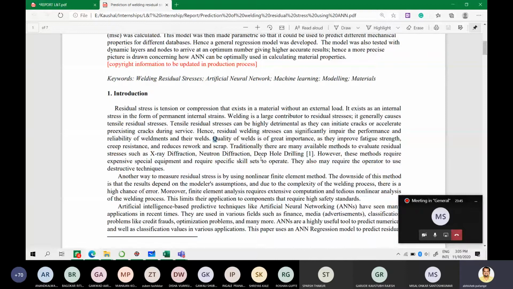So the solution that I am proposing through this paper is that we use the data that we collect from these methodologies in a laboratory form. I mean, in a controlled environment, we gather all the data for all the residual stresses for a certain operation. For example, if we are doing butt welding for a certain component, then we calculate the residual stresses via these methods such as X-ray diffraction or neutron diffraction, and then we gather the data and we use that data to model a system.